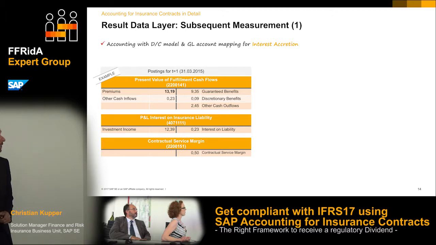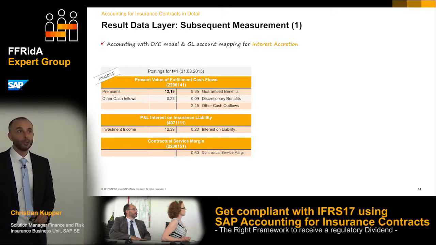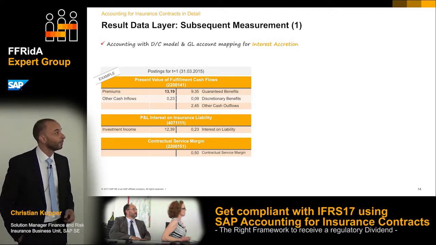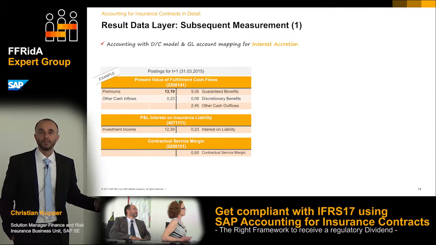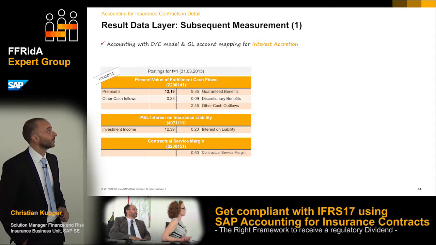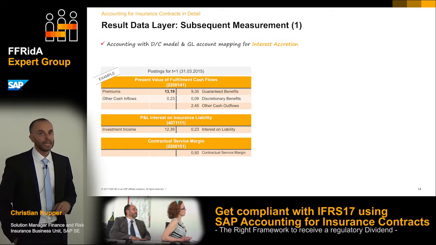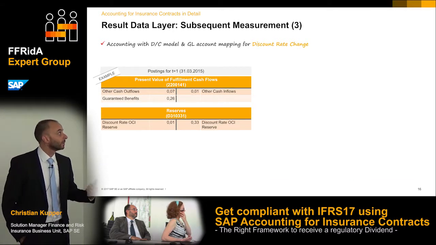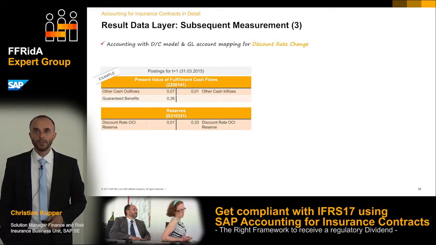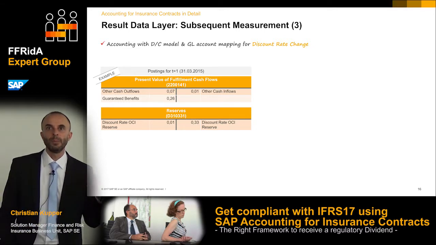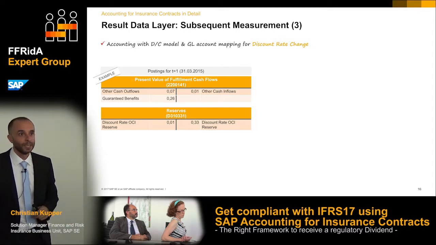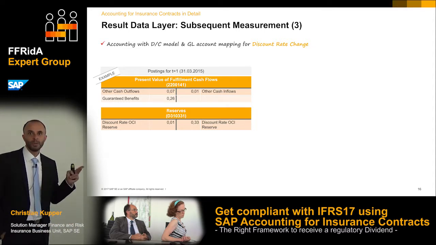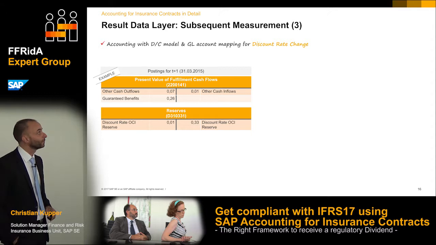And in details, if you look at the T accounts, it looks a bit like this. So the first step based on the current legislation was to do the interest accretion in a first step, then to do the deferral in a second step, and then check for changes on discount rate change. There will be a swap with the final standard. Accrual and deferral will be swapped. We are doing this right now.